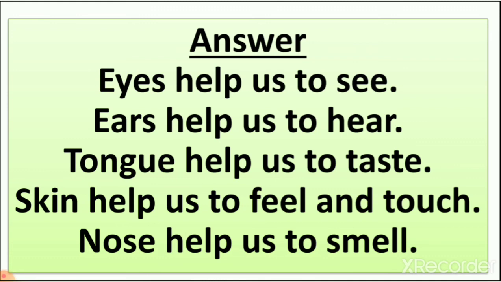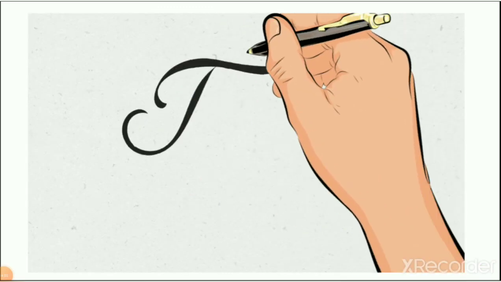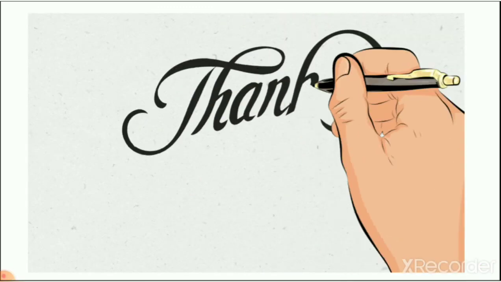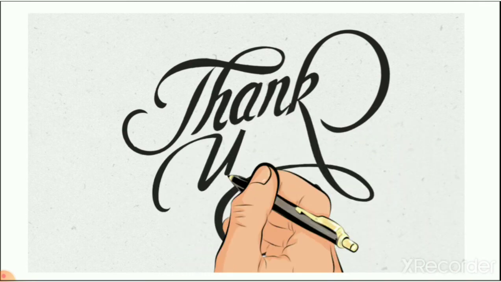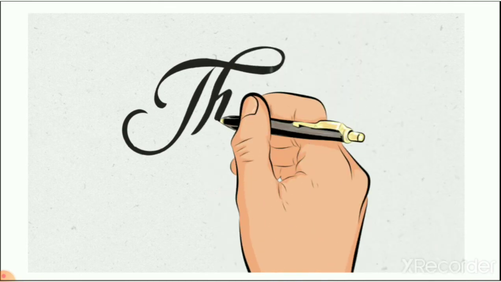When we learned true or false, we learned that different parts of the body help us in different ways. So it means each part of our body is important for us. Here you can see 5 sense organs and how they are helping us. Right? So we complete the question answers here also. What did we learn today? Today we wrote give one word, then we wrote question answers. So it is our textbook exercise.